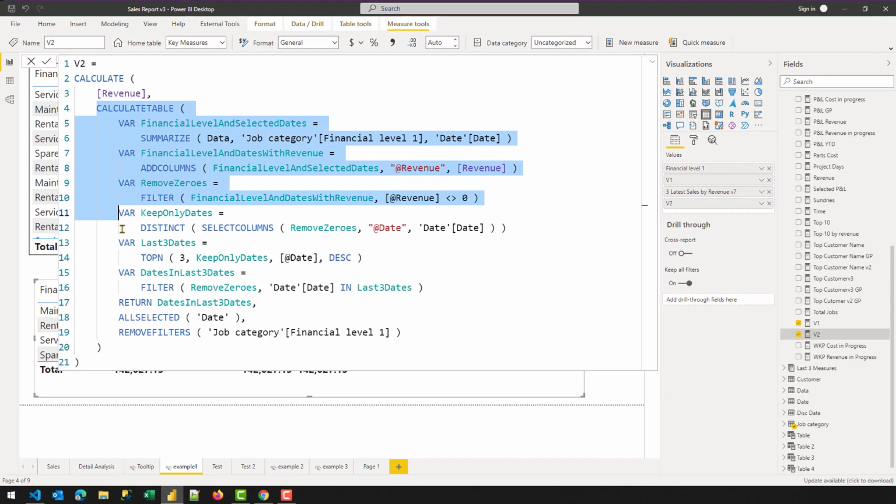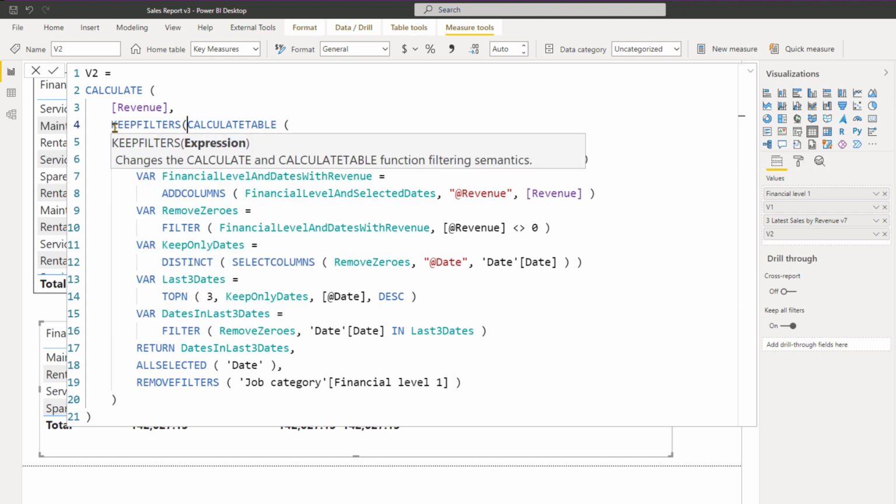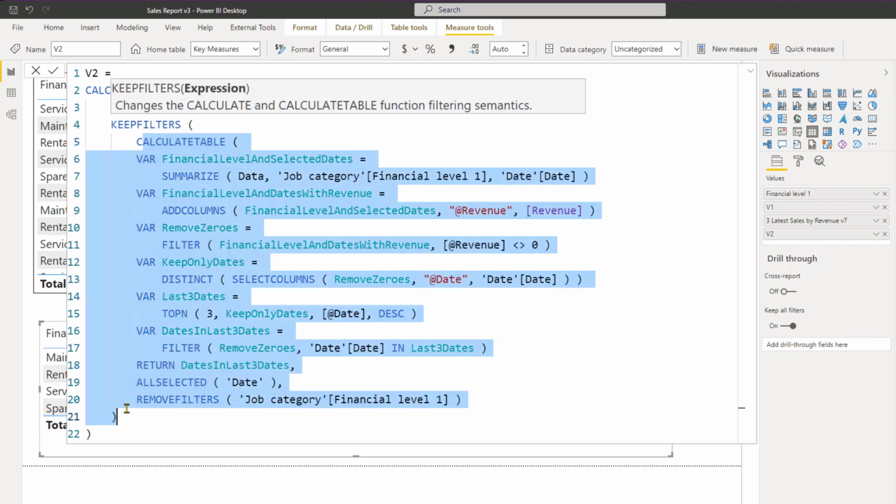So with the help of calculate table, we have created a table that contains the financial level, the date column, and the revenue column. So in case, instead of using the filter values construct to check if the value is in filter context, what we can do is use the keep filters function to create an intersection between the filter context that exists outside of calculate table and the one that is being created by the calculate table.